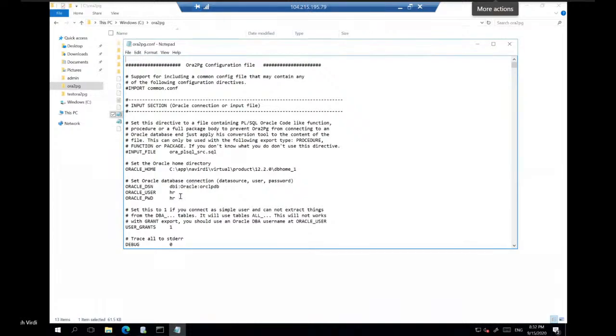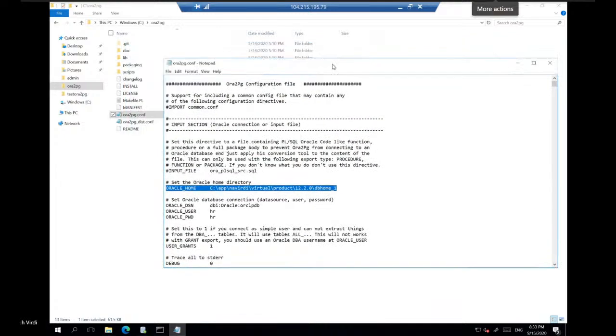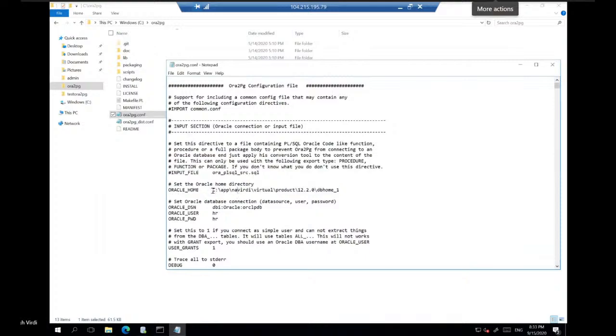So primarily what you need to change is mostly these four things, right? You need to provide an Oracle home so that it can leverage the Oracle client drivers. Because I'm using the same machine, I can leverage the Oracle drivers which are installed along with the database. But if it was a separate machine, you would need to download the Oracle client drivers, and provide the Oracle home path here, where you have installed the drivers.